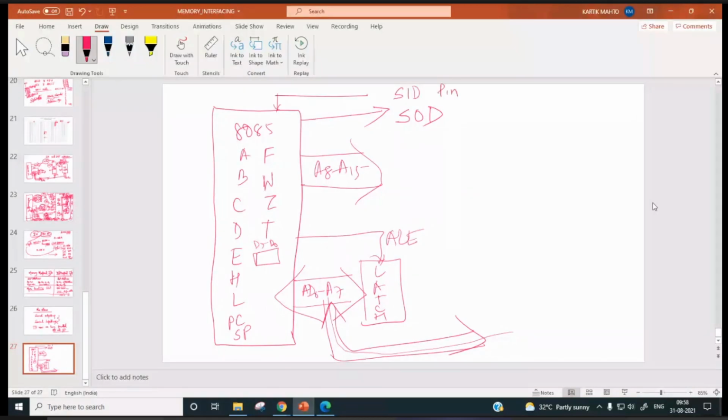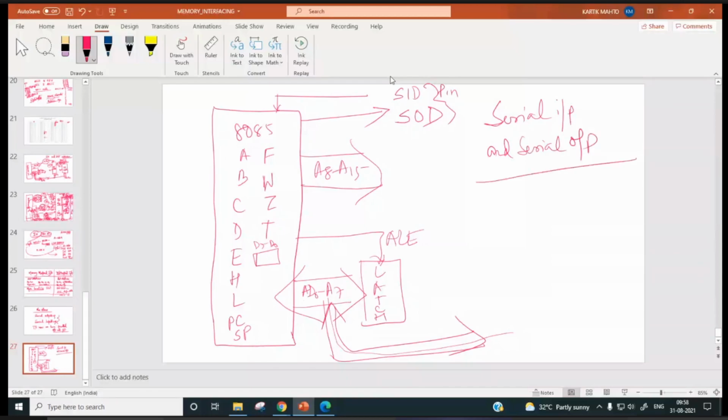In the next class, we will discuss serial inputting and serial outputting. Right, you go through these two topics, how in 8085 serial inputting and outputting is done. You need to go through RIM and SIM.